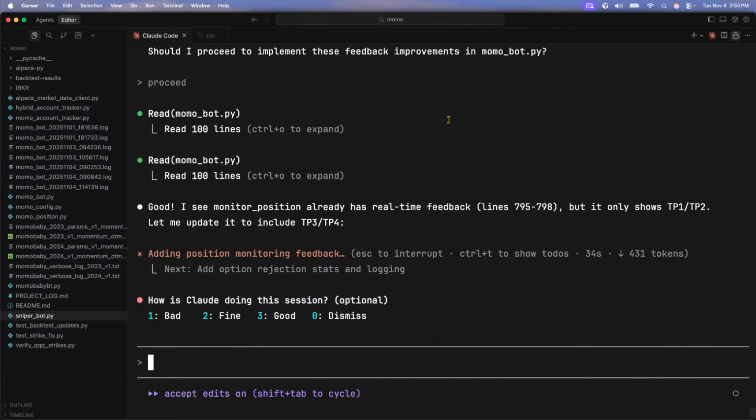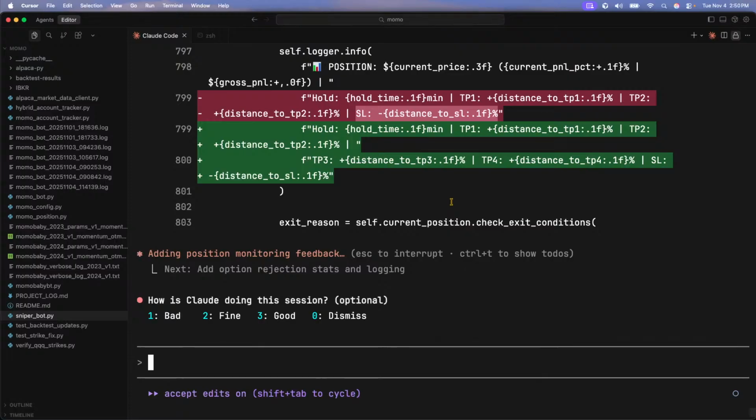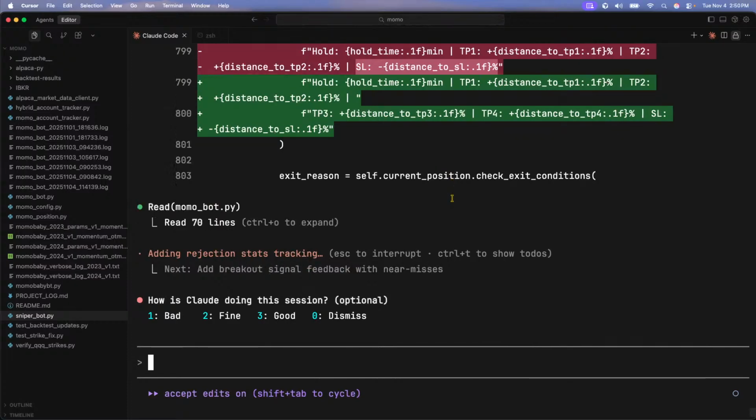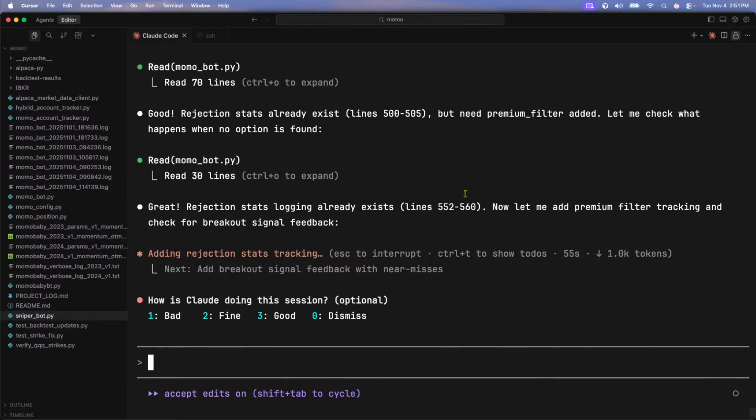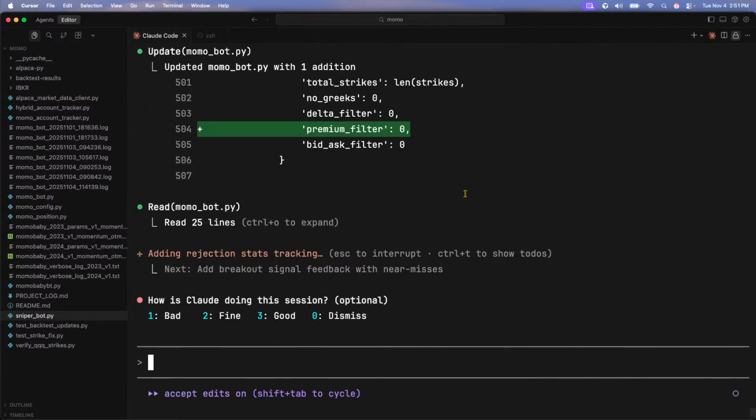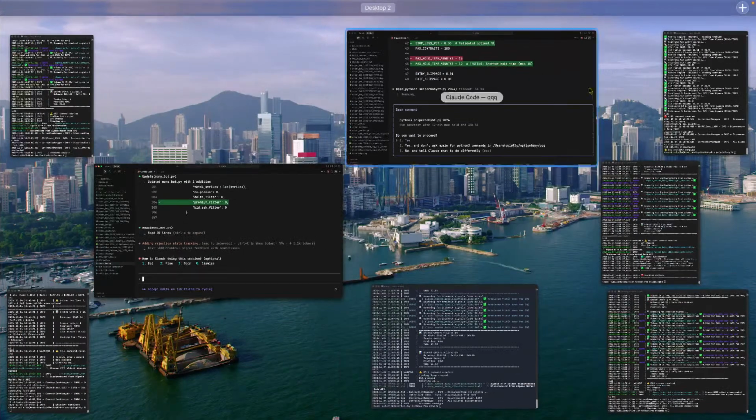Good. The monitoring position already has real-time feedback. It only shows TP1 and 2. Good. The rejection stats already exist, but we need the premium filters added. Let me check what options are found to rejection. Okay. So while you're doing that,